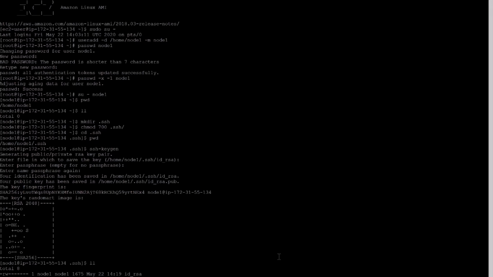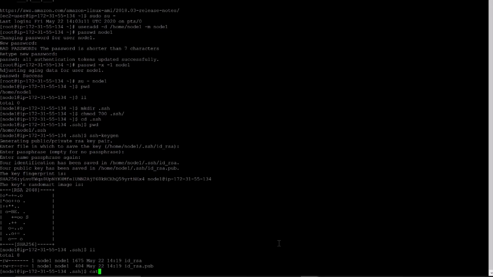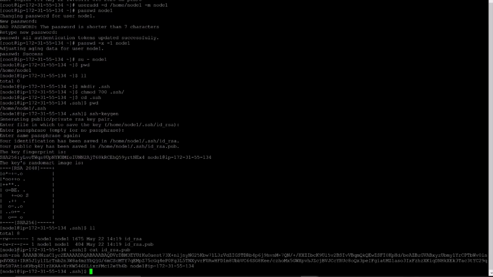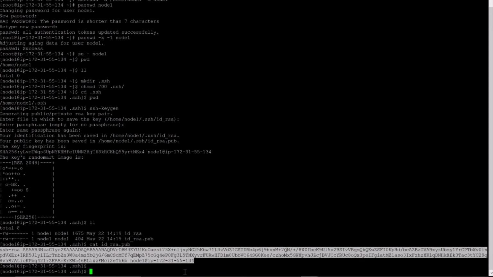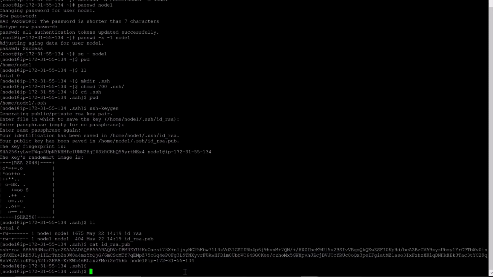So first thing is, check what is inside your public key. So cat id_rsa.pub. This is our public key. So just copy it and create one authorized_keys file.